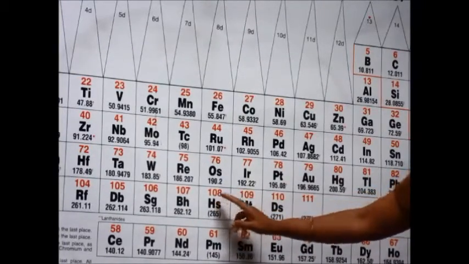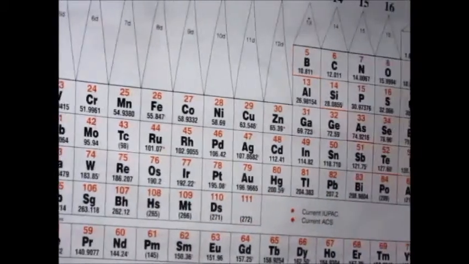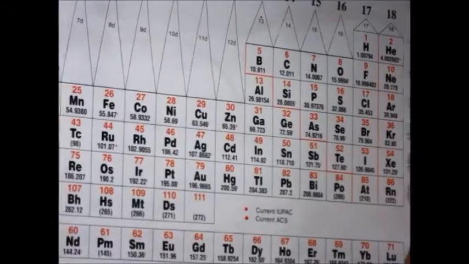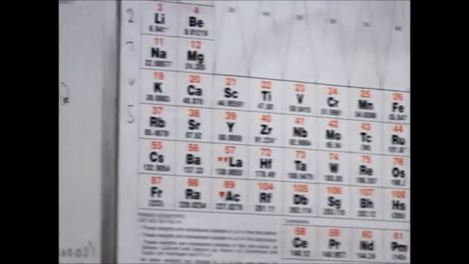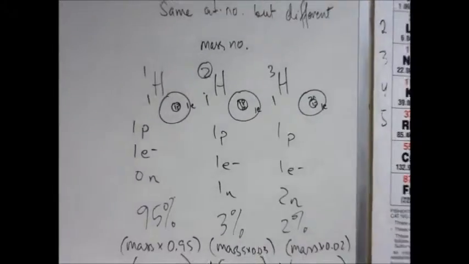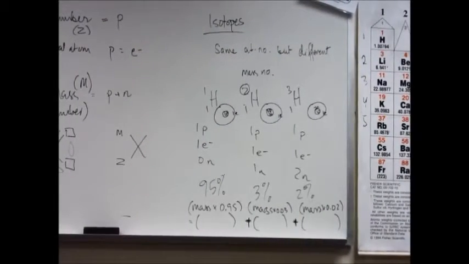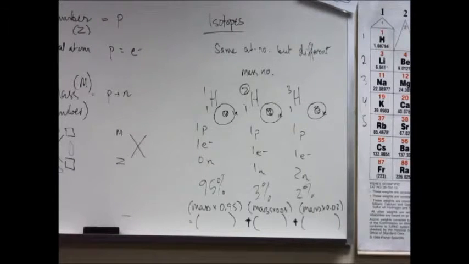And those isotopes we don't know, because these elements with the brackets are very unstable elements, okay? Which means that they keep undergoing radioactivity, which means that they keep losing particles. They'll either lose a proton, or gain a proton, or lose a neutron, things like that, okay? We can't find out how many isotopes they have. You can find out, but because you don't work with them regularly, you don't have to worry about it.